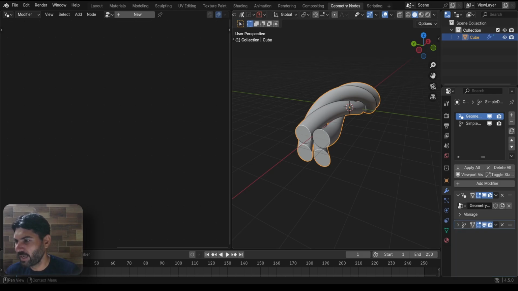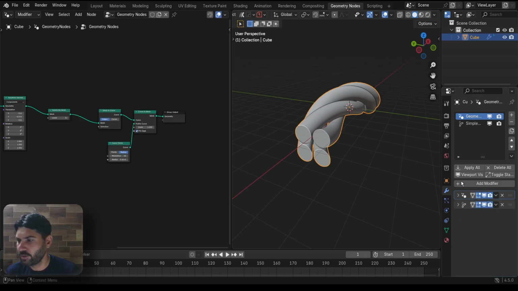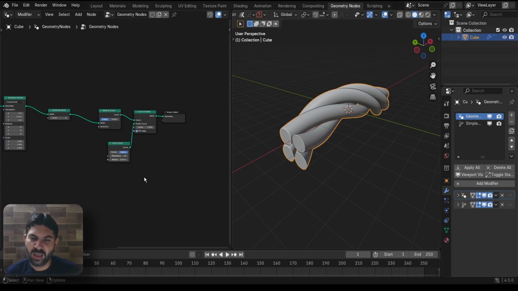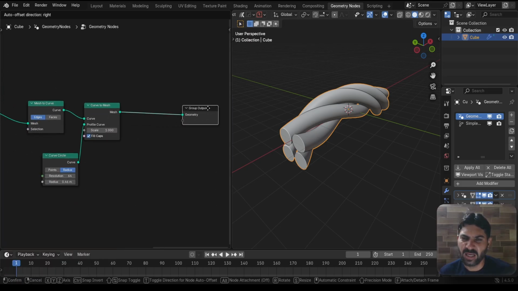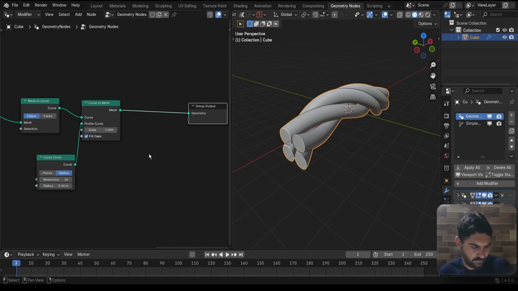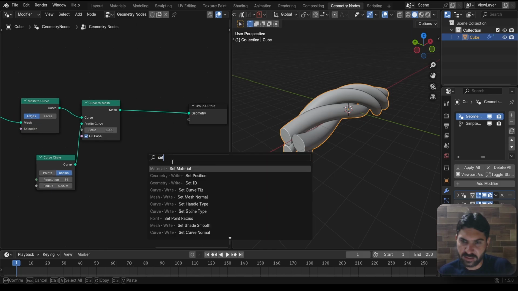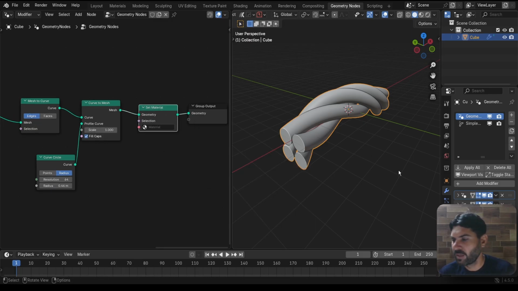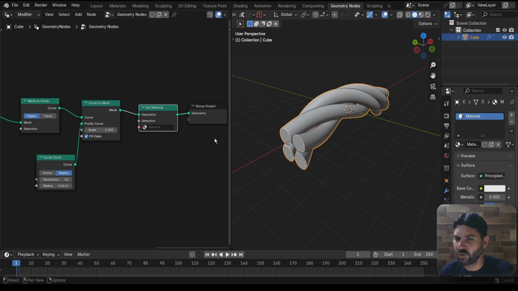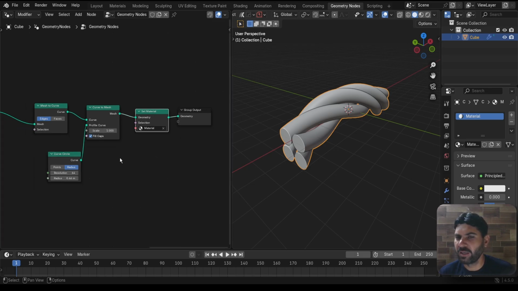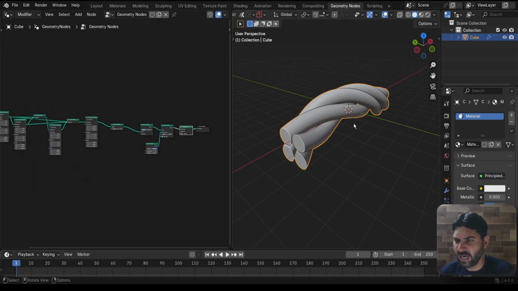So here I select this geometry node modifier, and now we have back this geometry node workspace, and here I want to add the material. So here search for the set material and place it here, and here in the material properties I hit the new button to create a new material and grab this material in the set material node. Now we have this,